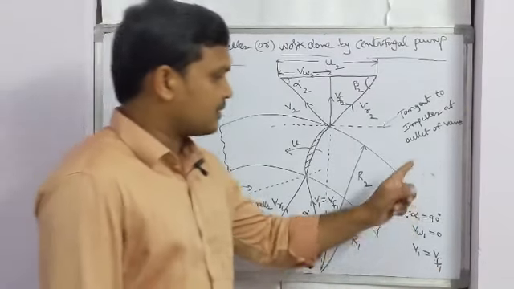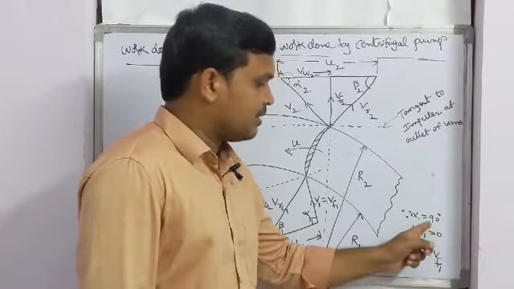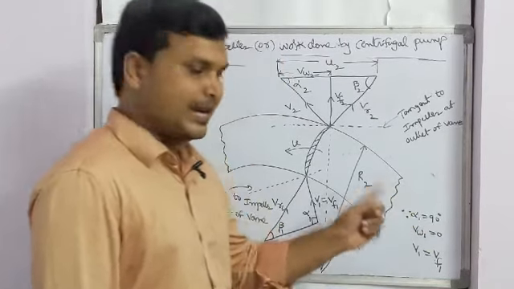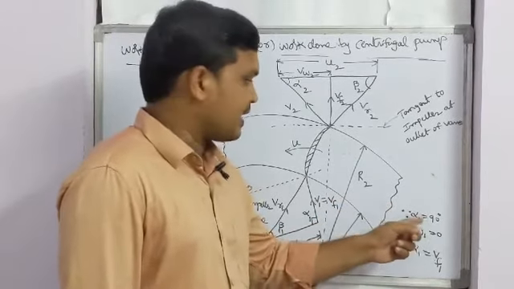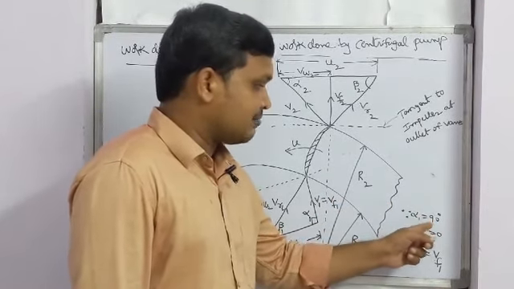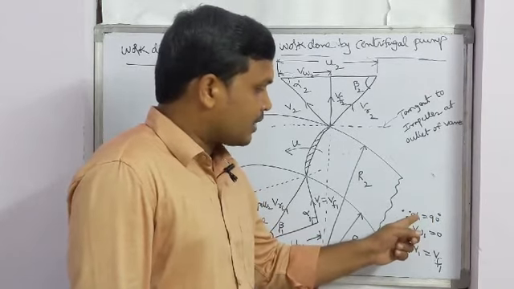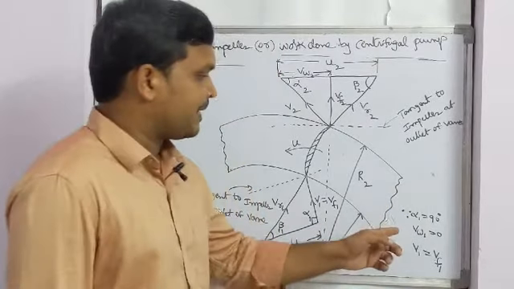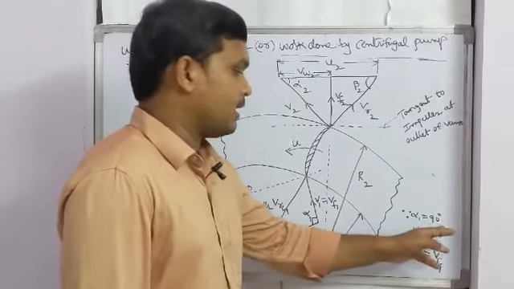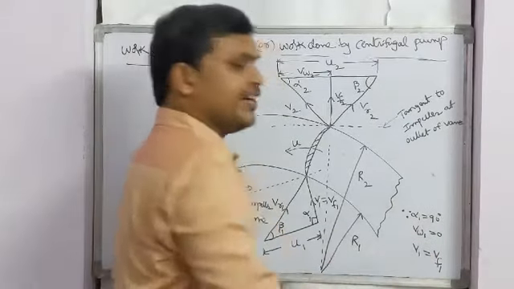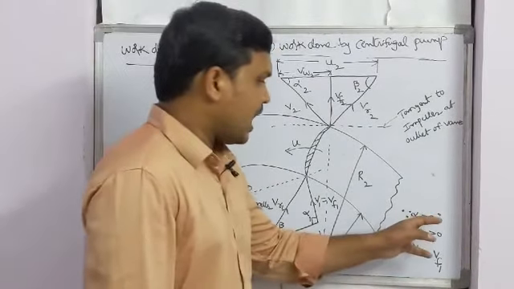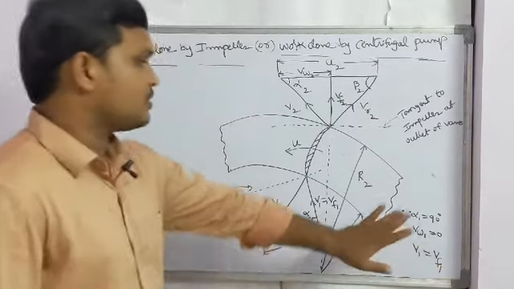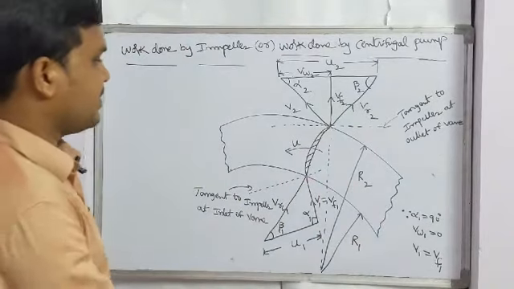The pump is similar to the turbine, but in the turbine the water leaving the turbine runner is in the axial direction, whereas in the pump the fluid entering the impeller is in the axial direction, meaning parallel to the shaft axis, which means the angle is 90 degrees. So when alpha 1 is 90, VW1 will be 0, and V1 is measured as VF1. We should know all these things from the previous chapters.